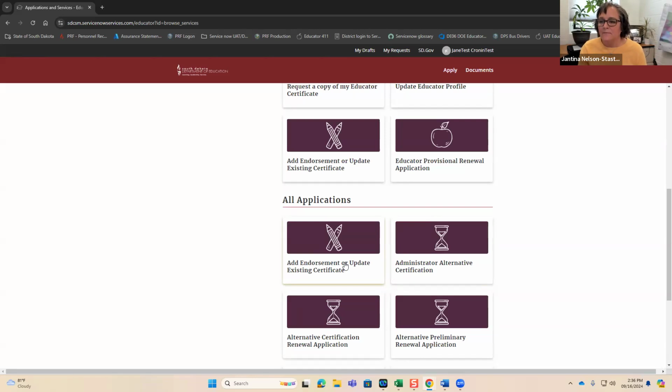This one didn't have a temporary, so I can't show you that. But if the teacher logs into their profile and switches it to the actual social security number, it will merge the PRF record with that CERT record so that it's reflecting the correct social security number.